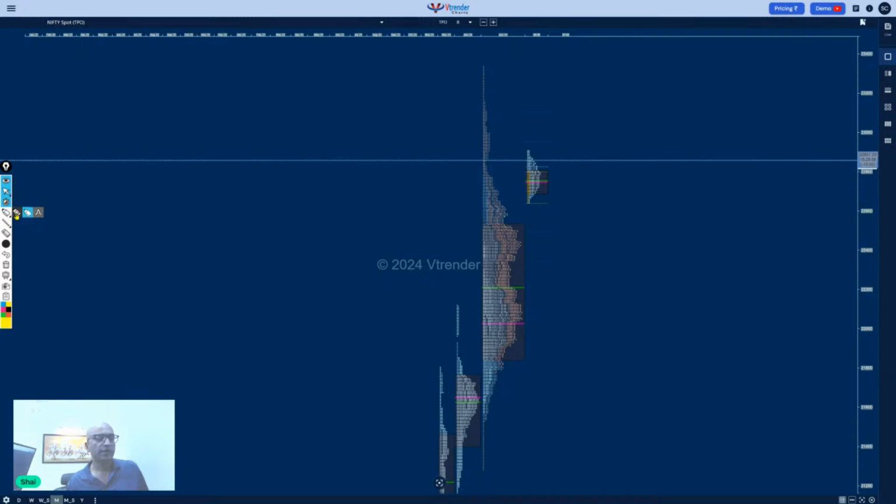What it also did was it came back from this value area low and went up to the value area high, and currently it's trading above the value area high. Right now, if you need to look at a swing view, and I'll say that again,